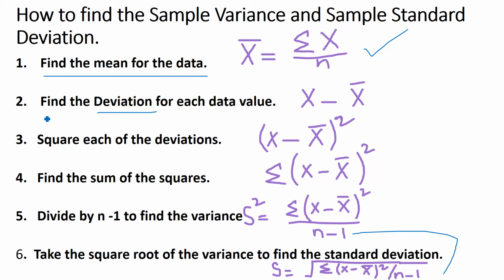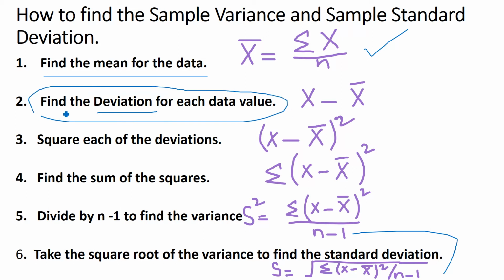Whatever you calculate in step number 2, always keep in mind the sum of the deviations should be 0. Always the answer of step number 2 is 0. I will show you in the example. That is why we cannot go ahead with it directly. We square the deviations of step number 2. If we do not square them, you will always see that step 2 is 0. Square each of the deviations, then find the sum of the squares.